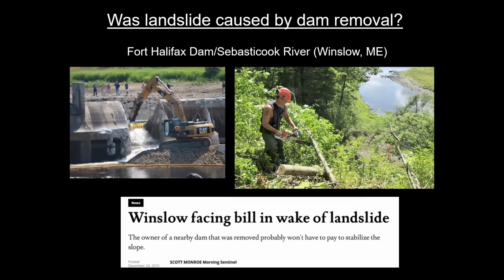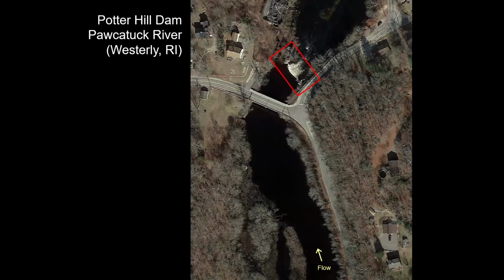You can see in the headline, there were legal wranglings for a couple of years before essentially Winslow gave up the fight when the DEP basically said we can't hold the owners liable for the erosion. But this is my take on it. It probably was seepage erosion. It's just that the proximity in time and space was suspicious, I'll say. I wasn't really involved in the legal wranglings, but in my mind, that opened my eyes to being concerned about this seepage erosion.